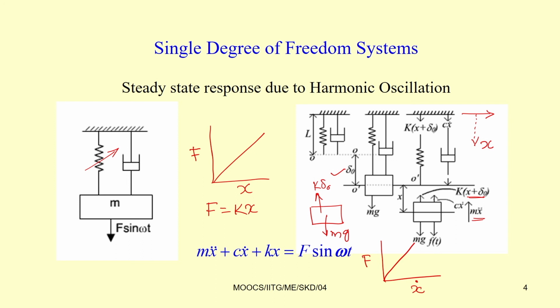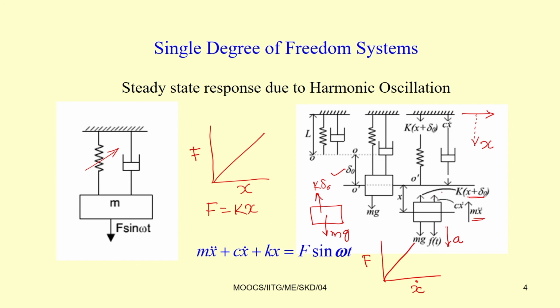So, the inertia force takes place in a direction opposite to that of the force. The force is acting in the downward direction, so the body is moving downward and will have an acceleration in this direction. The inertia force acts opposite to the acceleration, so it will act in the upward direction. So, the forces k x plus delta 0 is in the upward direction.